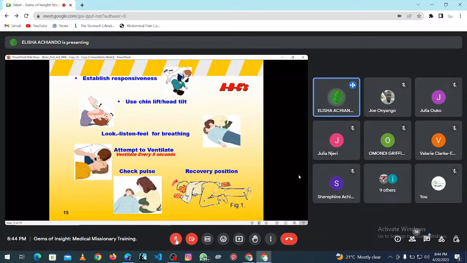But make sure their airways are literally open. If they are having problems, maybe they are heavily dressed, just remove part of the clothes. If you look at this slide here, I think you can see my cursor. Sometimes people can experience a condition where their windpipe is basically blocked, and so they are not even breathing well. So this is one of the ways to promote the breathing itself.